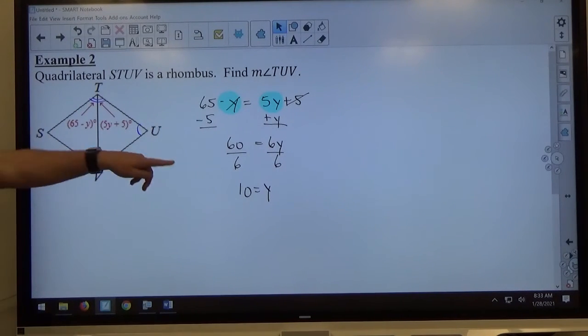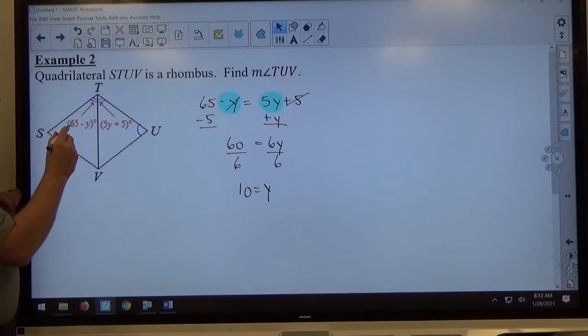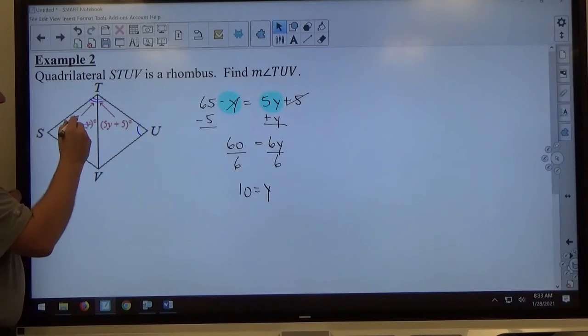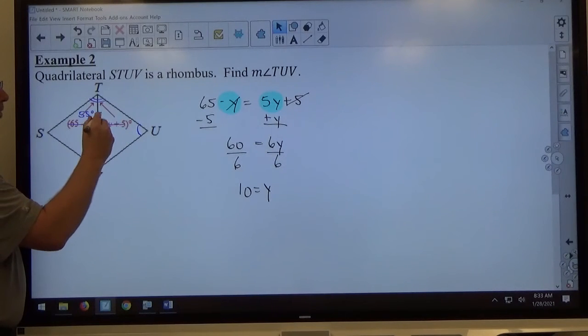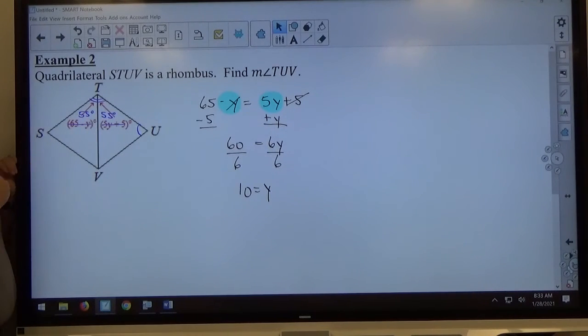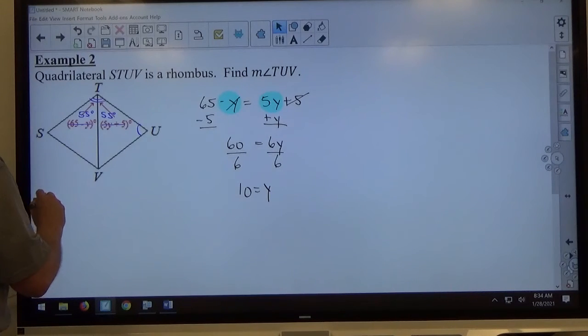So once I know y equals 10, 65 minus 10 makes 55. 50 plus 5 also makes 55. That not only gets us more information, but it also verifies we did everything correctly, right? These are supposed to be equal, and they are equal. If I add those up, I get the measure of angle STU